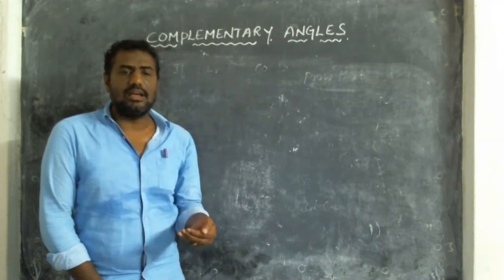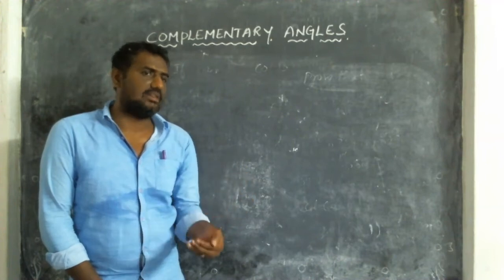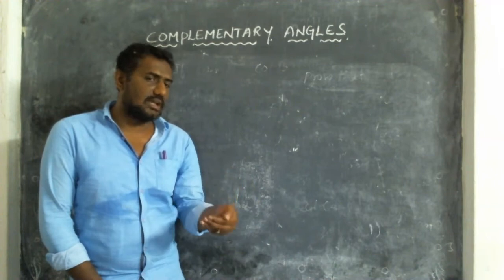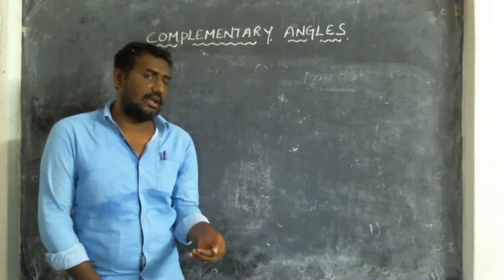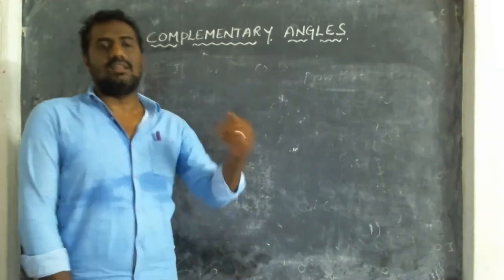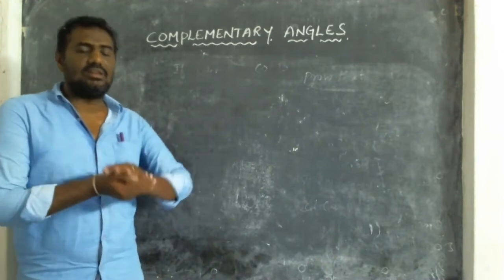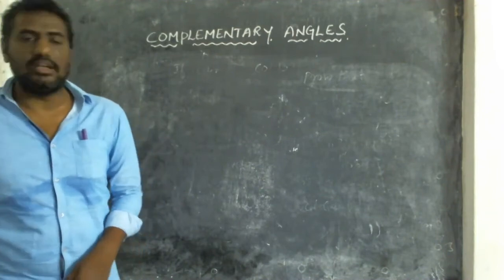After converting the angle, we'll go for trigonometry. Automatically, we have to change the trigonometry also. Sine is converted to cos, cos is converted to sine, tan is converted to cot, and again cot is converted to tan. Cosec is converted to sec, and sec is converted to cosec. So by changing the angle as well as the trigonometric function, we solved some problems. Now we'll go for the remaining problems.